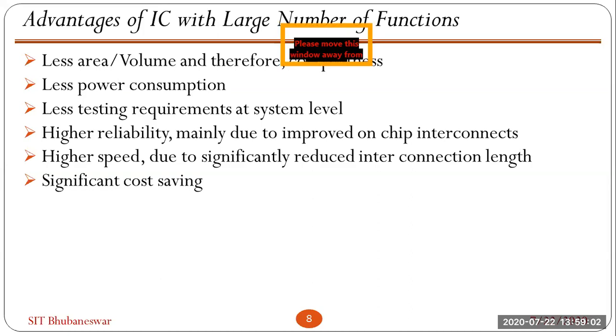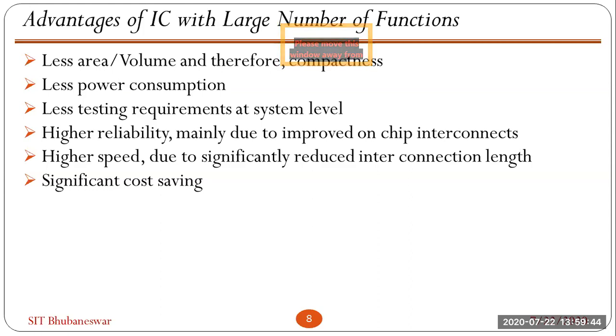And higher speed, due to the less area and small size devices, speed is also higher. And the interconnection length is also less, as everything is inside a chip. The interconnection wire will not connect this to that outside, so everything is internal. That's why interconnection parasitics are also less. The internal parasitics will be less, and the internal load, the path resistance, everything will be very less. That's why we can go to higher speed.